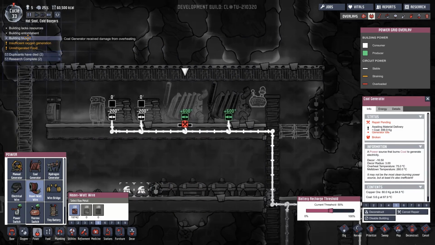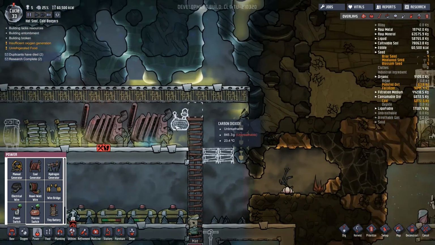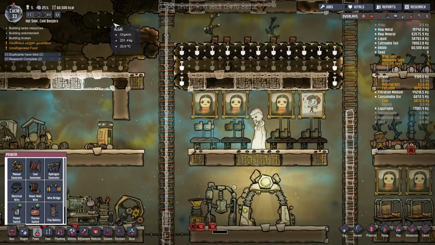Building broken. Let's see what happened there. Is it just the building, or did the wire break? This thing is in the way. I mean... Yeah, power is becoming an issue. I may have to